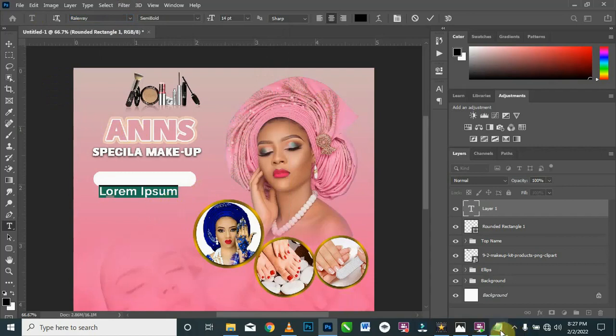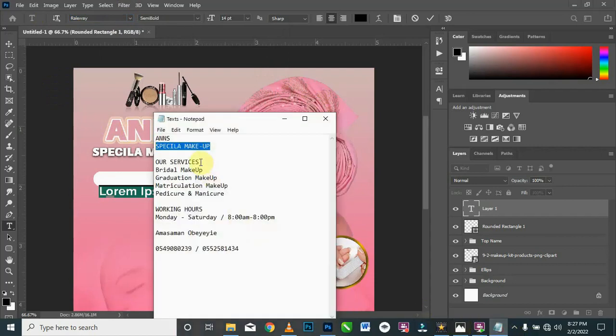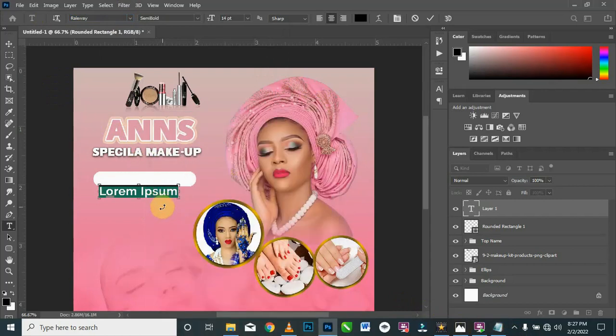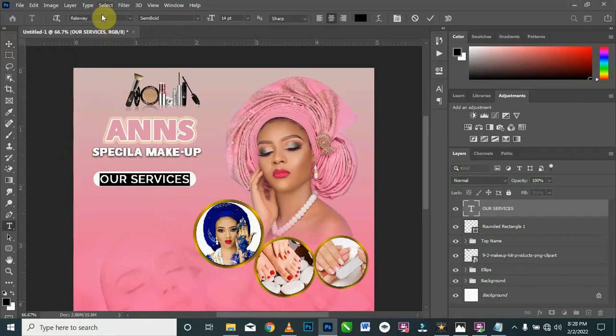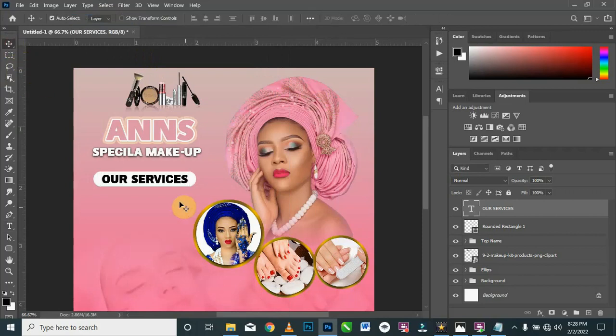So now I'm going to copy our services, Ctrl+C to copy, and then I'm going to paste it here, Ctrl+V to paste it. I'm thinking of using the Chicago Police for this one, but then alright, it's not bad, we can use this one like that, or if you like you can change the font again to Chicago. Let me change it to Chicago Police and see. Alright, it's not bad. Okay, so I'll be using the Chicago Police again, and then I'm going to change the